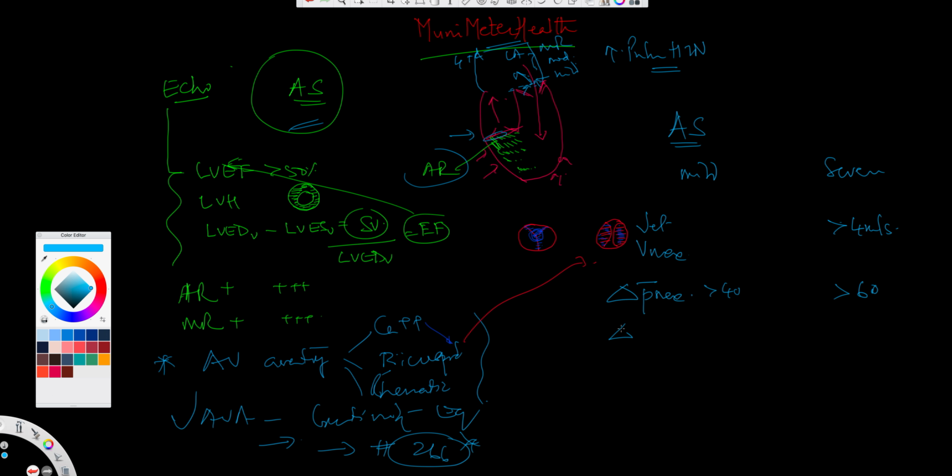Now, if you were to look at the P mean would be about 20 or so. Here it'll be more than 40. And then you look at the ratio between the pressure gradient between the LVOT and the aorta. So you look at the LVOT and the aortic valve ratio. If you were to compare, here the ratio will be more than 0.5, and here it will be less than 0.25 in a severe variety. So these are the different ways by which you can look at the aortic valve while doing the echo examination